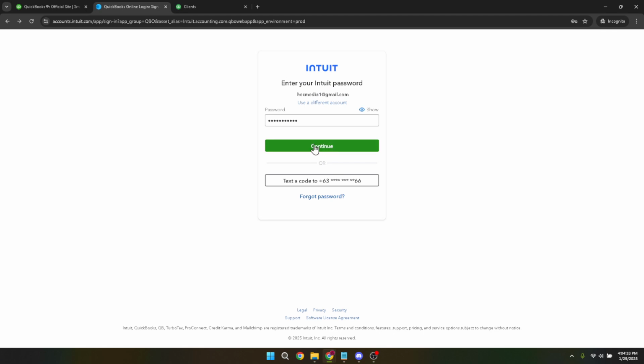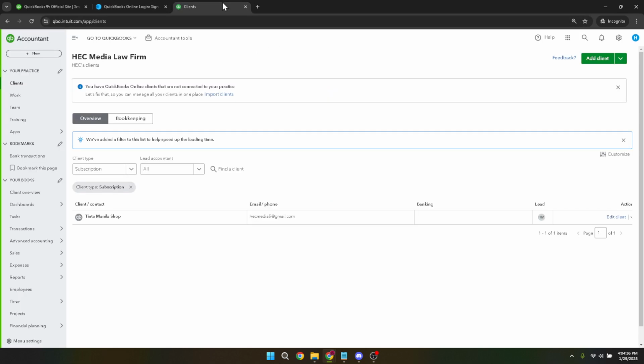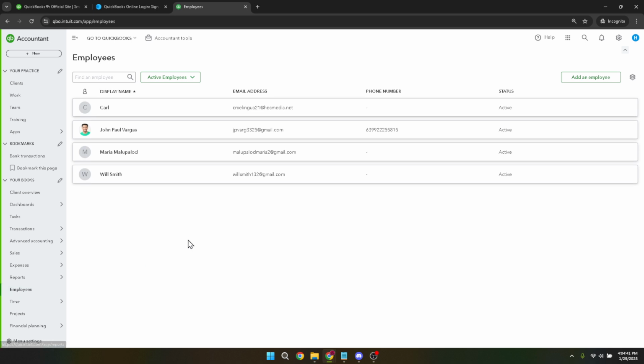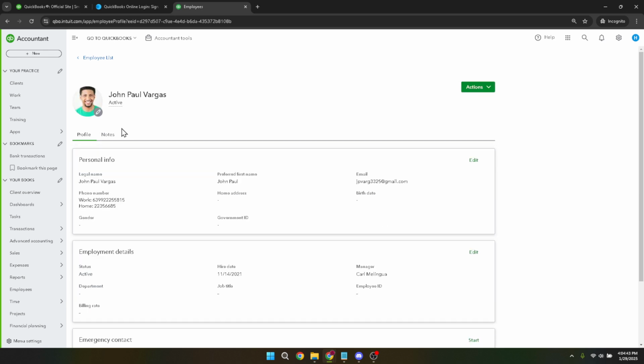Now that you're logged in, go directly to the Employee section on the QuickBooks dashboard. This section houses all the information related to your employees, and it's where you'll find the reports you want to email. Within the Employee tab, select the specific employee profile that you're interested in. This step is crucial as it pinpoints the report to that particular individual, ensuring that the data you send is